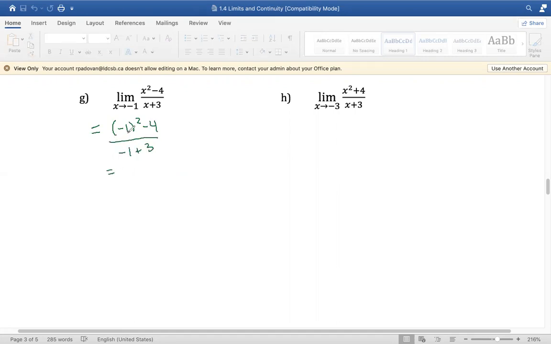So I end up with -1 squared would be 1, 1 minus 4 would be -3 over 2, which again would be numerical. It's not a number over 0 or 0 divided by 0, so that means that it's